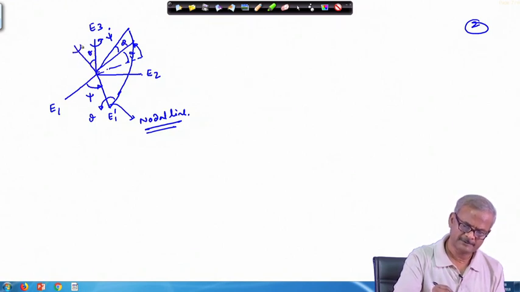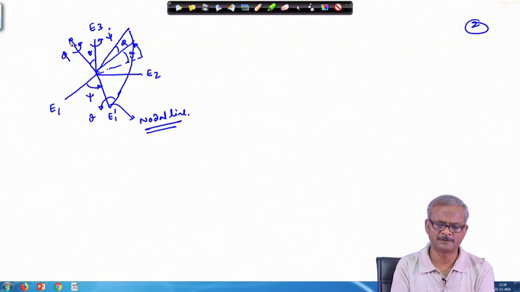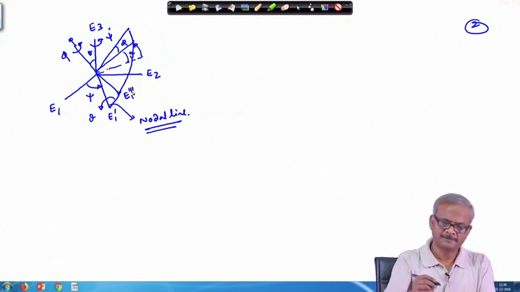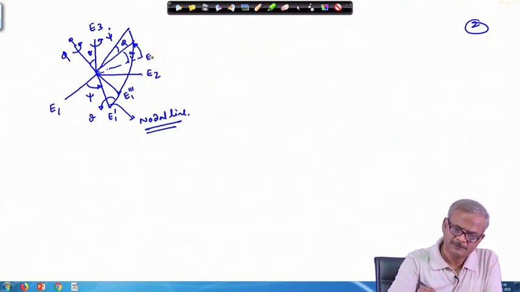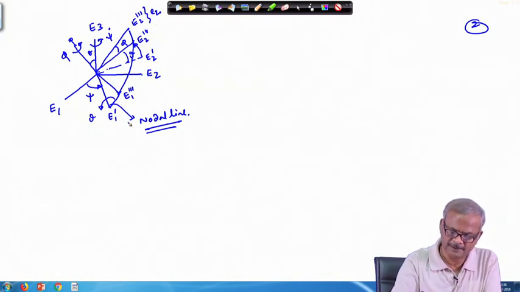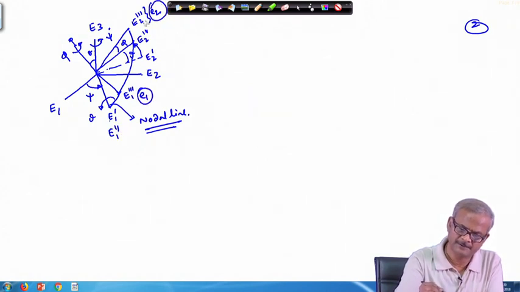So, this is your theta and this is phi. If you have difficulty with this figure, we are going to take it up during tutorial again. So, this is E 2, E 2 prime, then E 2 double prime, and this is E 2 triple prime. This part we have written as E 2, and again I am repeating, this is E 1, the E 1 double prime is here, E 1 triple prime which we have written as E 1, E 2.